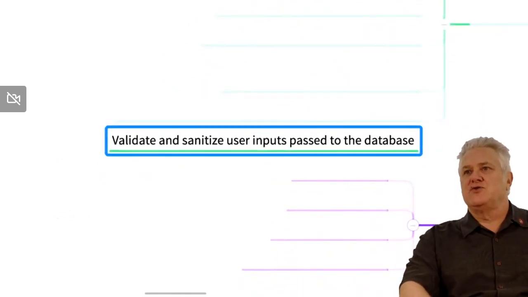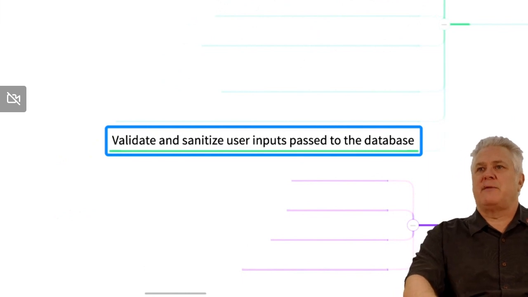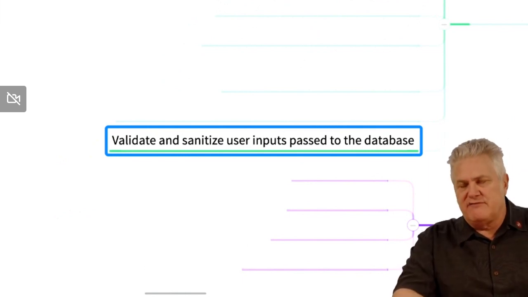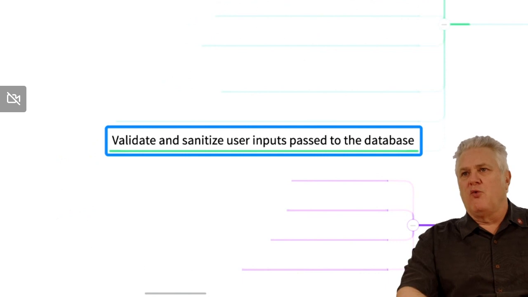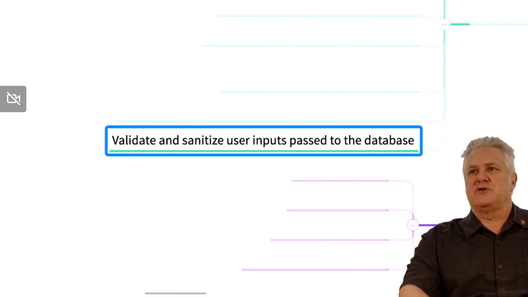Validate and sanitize user inputs passed to the database. This is the worst advice because you do want to sanitize user inputs passed to the database. However,